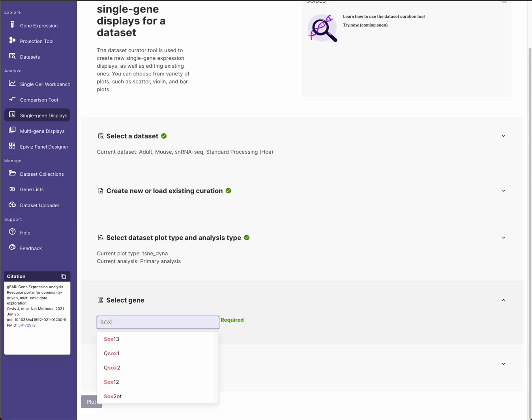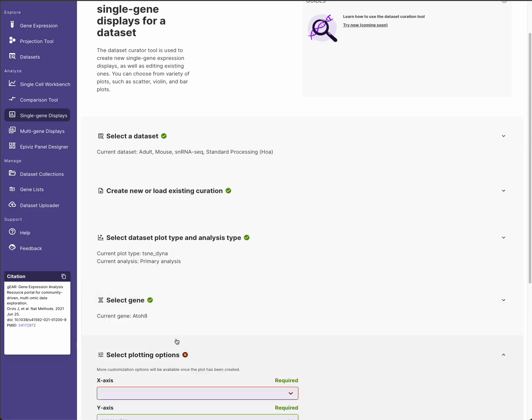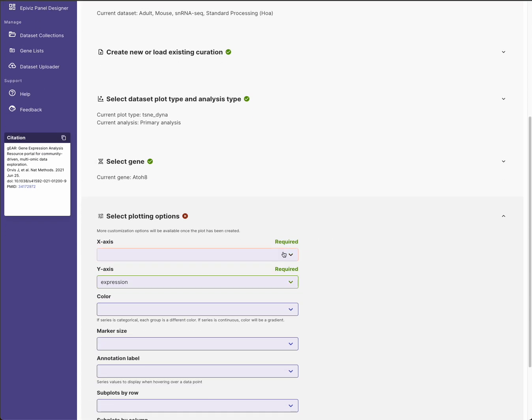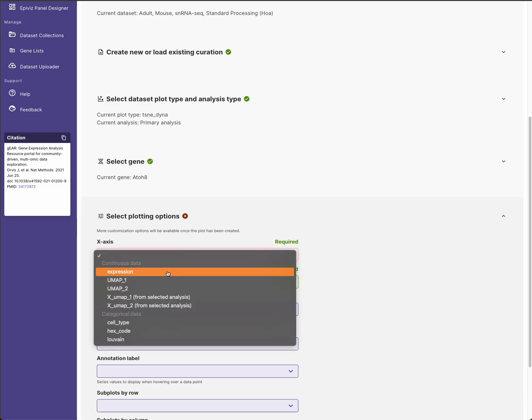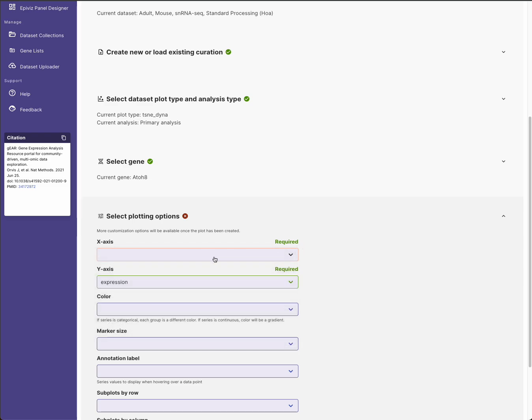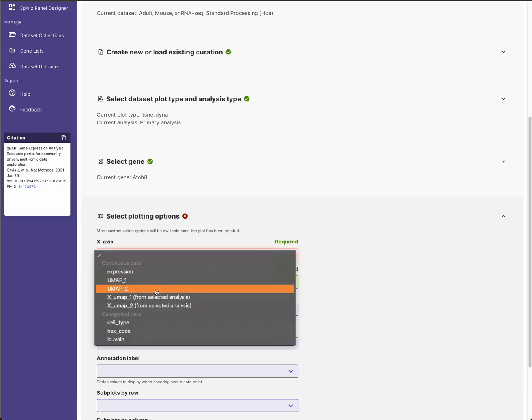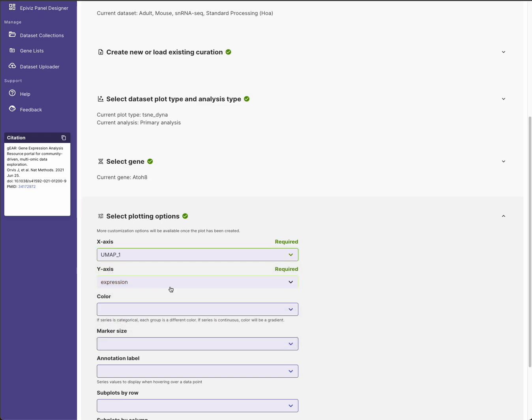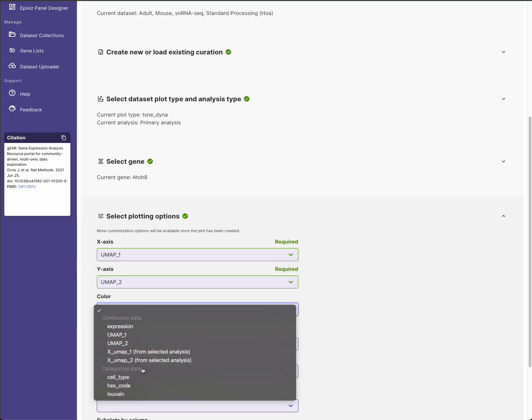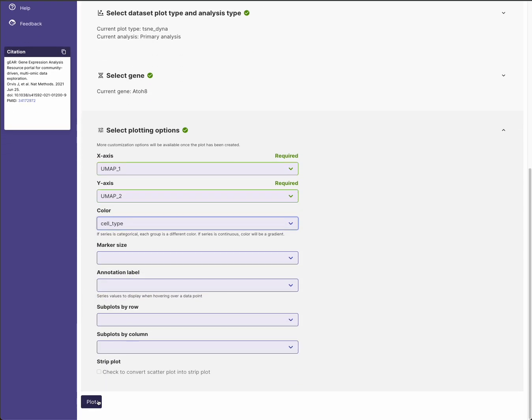And let's go with 808, which is in this data set. When working with these UMAPs, often you'll see something like UMAP 1, UMAP 2, X UMAP 1, X UMAP 2. Sometimes you just have to play around to figure out exactly which ones will present the data. So we'll go by cell type for color,